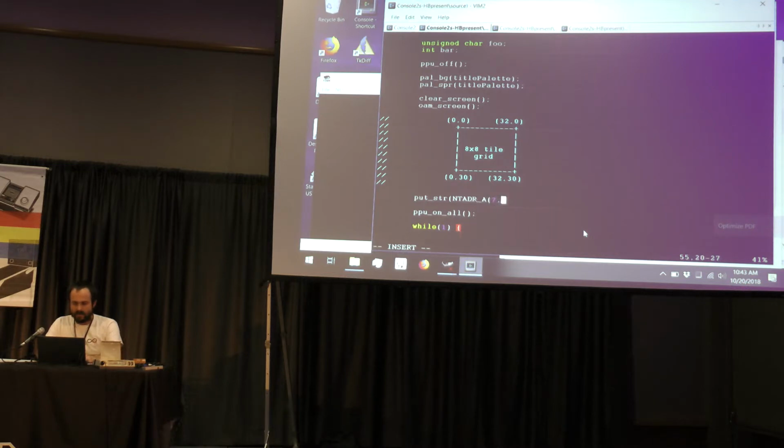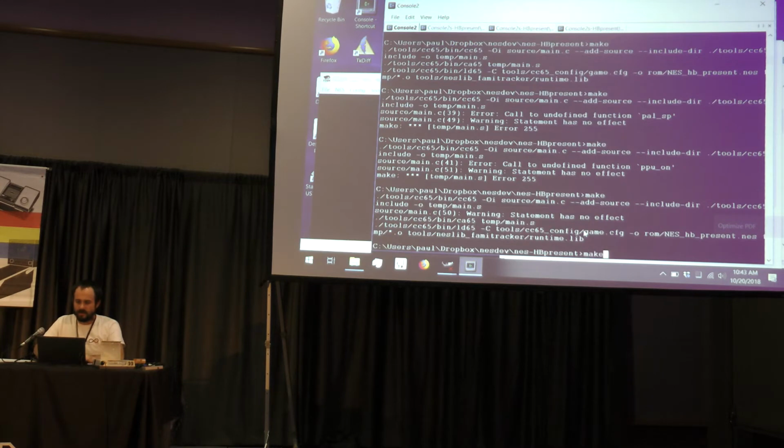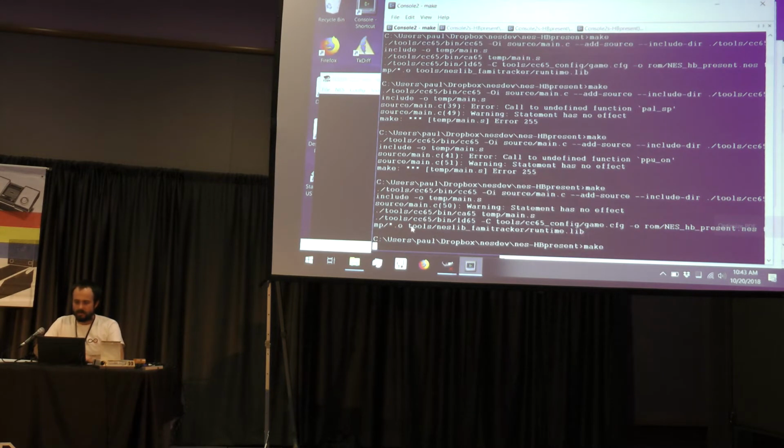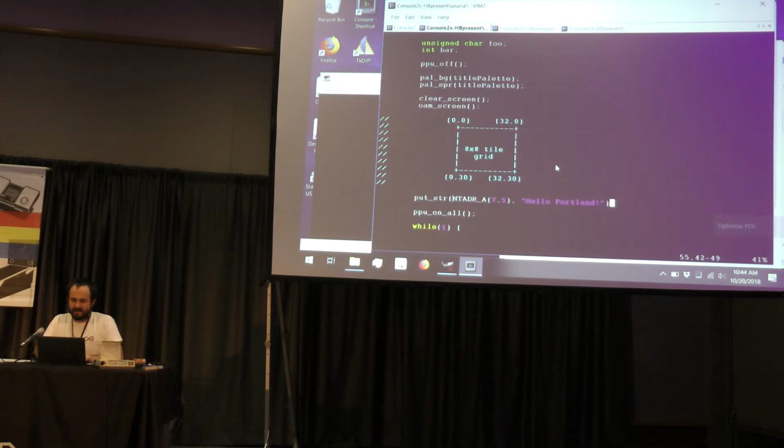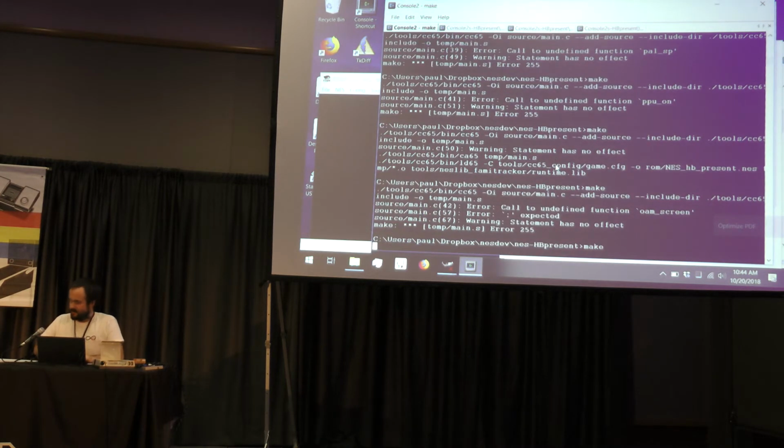So we're just going to go ahead and put it at position 7.5, and give it a string here. Instead of hello world, we do hello Portland. Hello what? Portland. And we're forgetting semicolons. It's important. All right, so